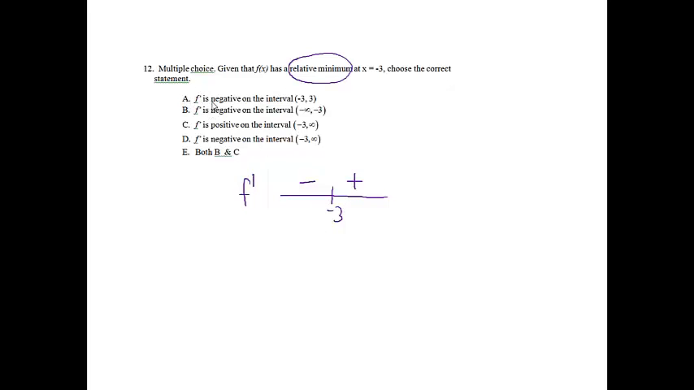So part A says f prime is negative on the interval from negative 3 to 3. If I start at negative 3 and head towards 3, that interval is not negative. So no, not A. B, f prime is negative on the interval negative infinity to negative 3. Over here, that is correct, f prime is negative. So yes, B is an answer. All right, C, f prime is positive on the interval negative 3 to infinity. Yes, that is correct, f prime is positive there. And D, no, f prime is not negative on the interval negative 3 to infinity. So no. So my answer, since both B and C worked, it is going to be